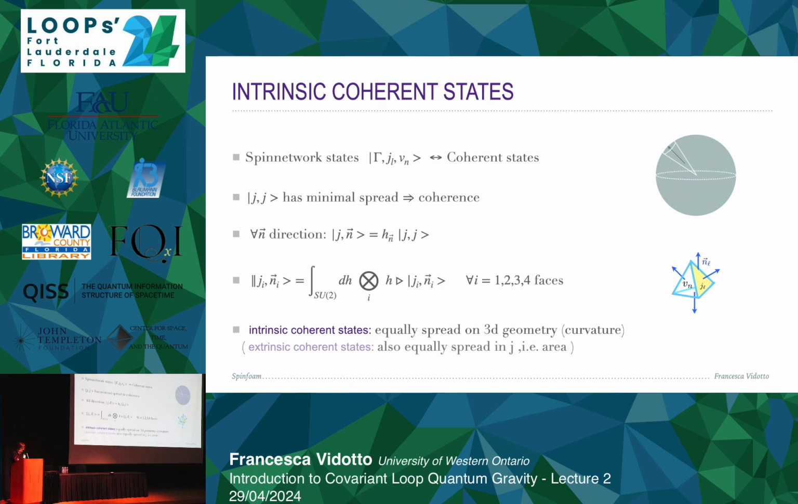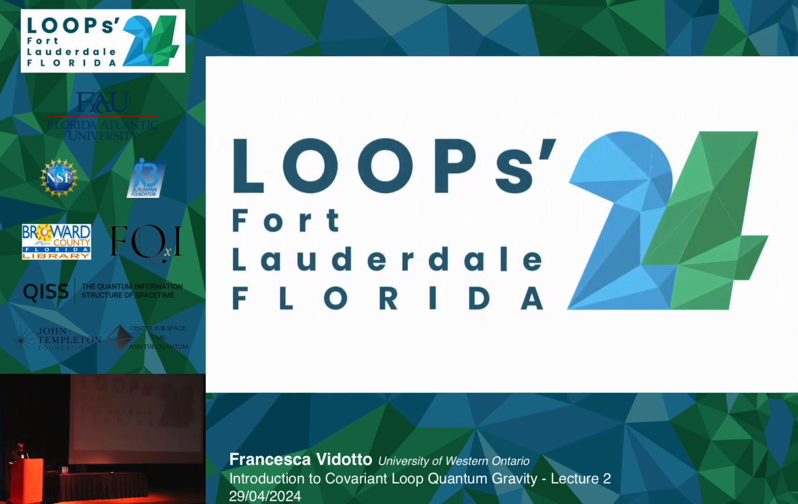I wanted to do this for polyhedra in which I have many faces. So if I have, for instance, the simplest possible convex polyhedra, that is a tetrahedron, I will have 4 faces. And I need to take the tensor product over all of them. So this defines